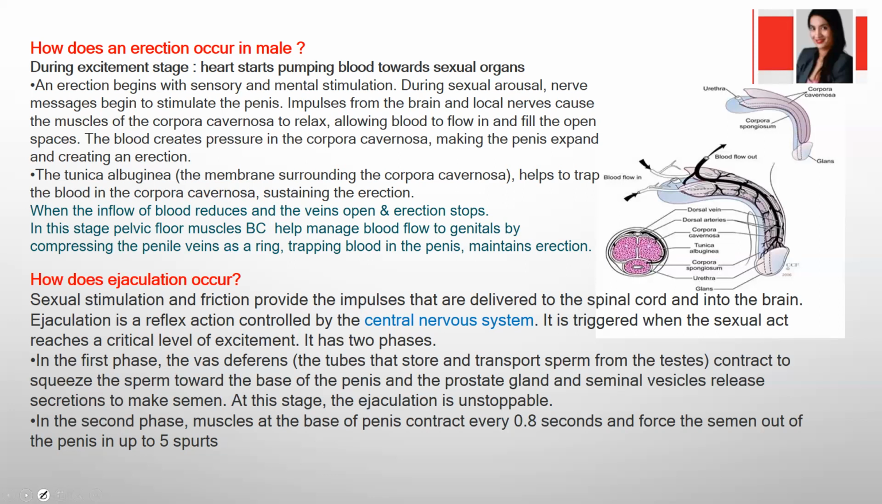Sexual stimulation and friction provide the impulses that are delivered to the spinal cord and into the brain. Ejaculation is a reflex action controlled by the CNS. It is triggered when the sexual act reaches a critical level of excitement. It has two phases. In the first phase, the vas deferens, the tube that stores and transports sperm from the testes to the